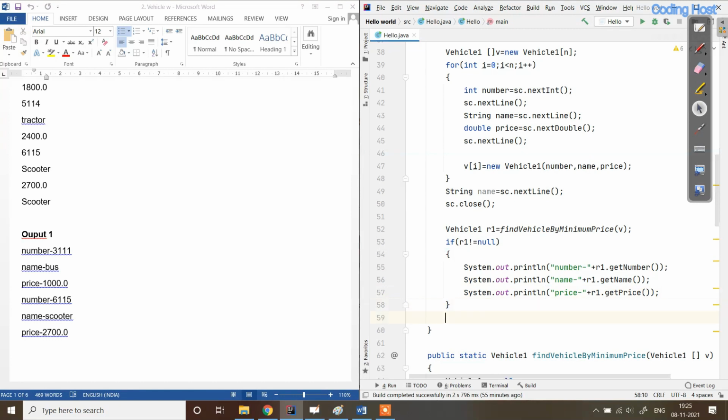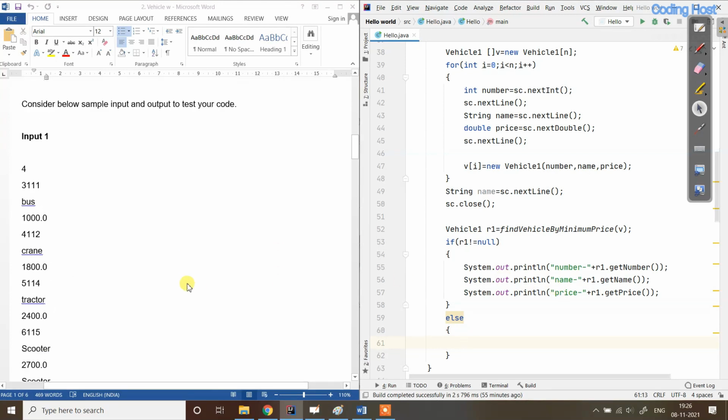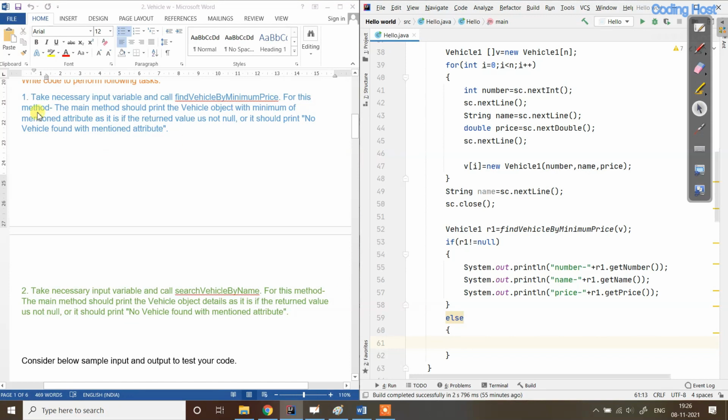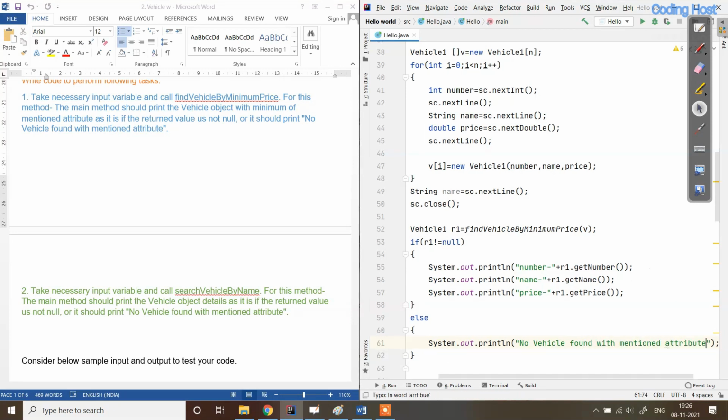And in the else part, suppose we are getting a null value from the static method, in that case we have to print, like you can see that for the first method we have to print "No vehicle found with mentioned attribute." So I will print here: no vehicle found with mentioned attribute.